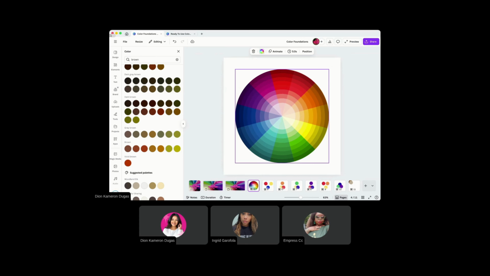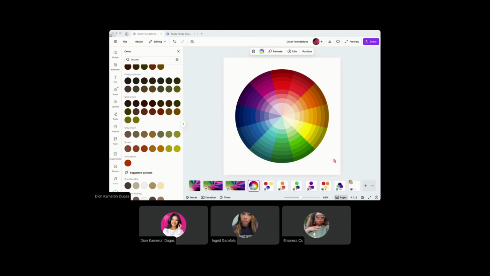Okay, now who is familiar with color psychology? And it's okay if y'all not. I just want to make sure, if you are. Okay, cool. Cool, cool, cool. Okay, so